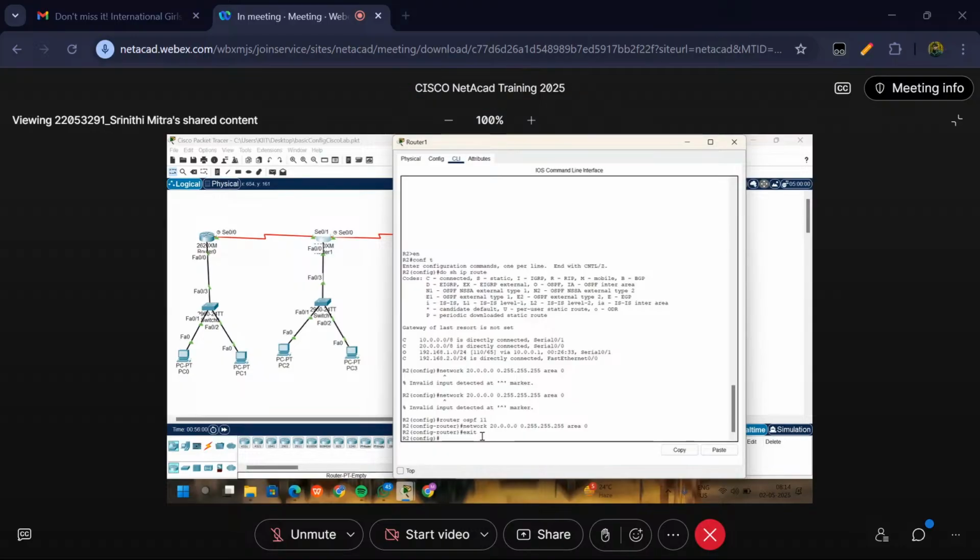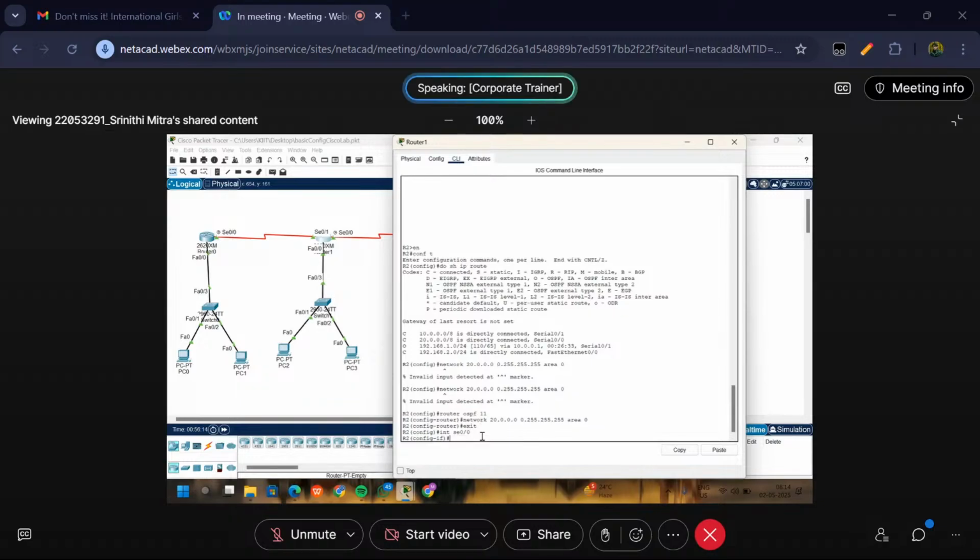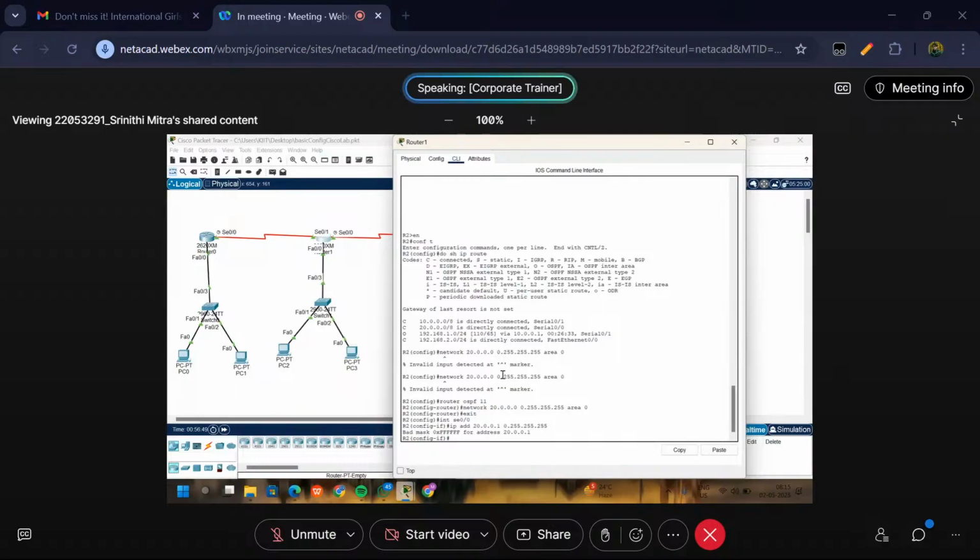Be in the global, yeah just wait, just type serial SE 0/0, enter, then type IP address, and then type that 20.0.0.1, and then subnet mask you can type 255.0.0.0, enter मारो, और मास्क, ओ सॉरी, नॉर्मल, ये वाइल्ड कार्ड मास्क नहीं चाहिए, नॉर्मल सबनेट मास्क डालो, हाँ 255.0.0.0 डालो, डन नेक्स्ट